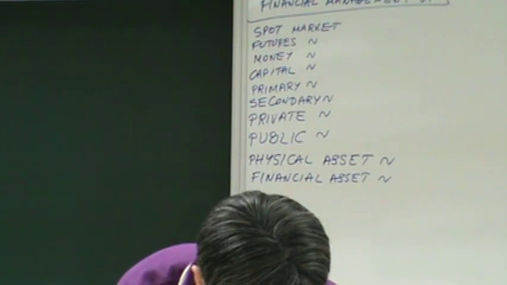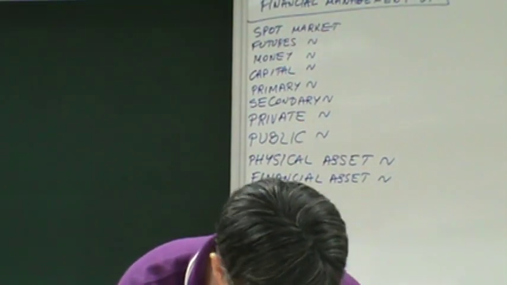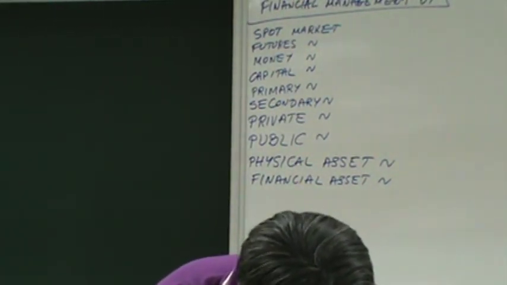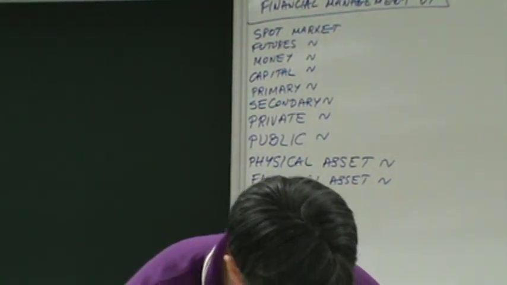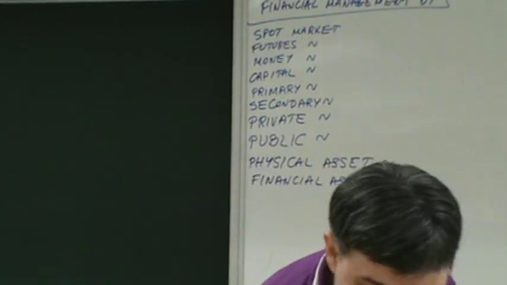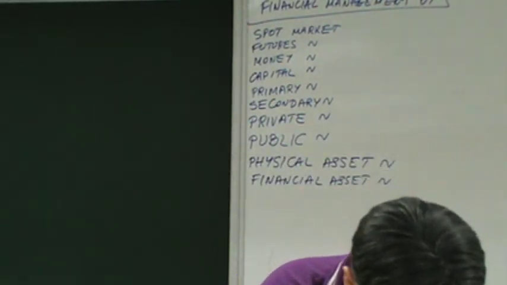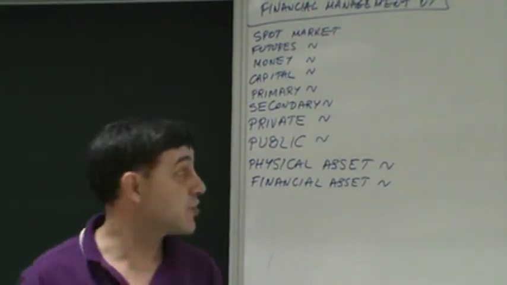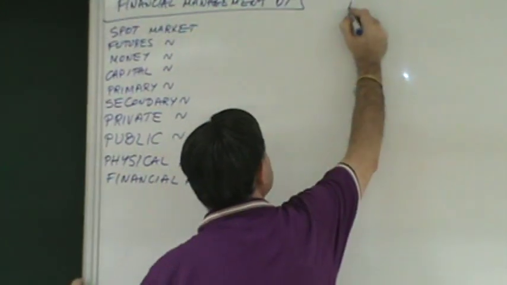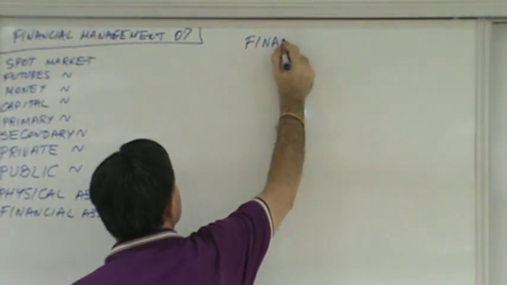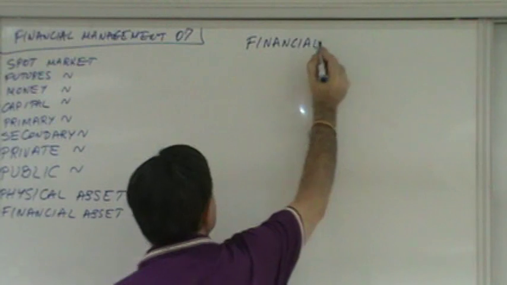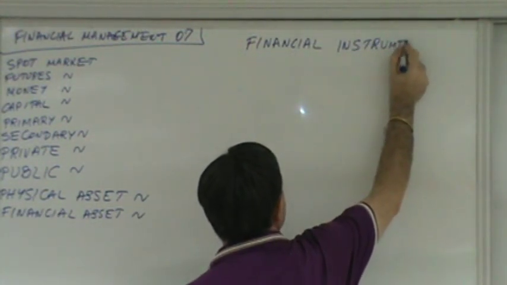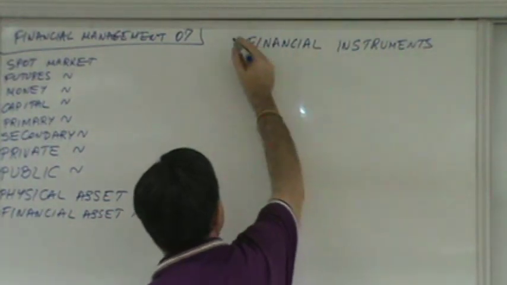Okay, this covers the way I am looking at everything. Page 124, page 125, page 126. And now we move, I'll have to use actually 2 books, but that's okay. I'll be using 2 books for financial instruments, and I'll try over the next hour or so to do financial instruments.